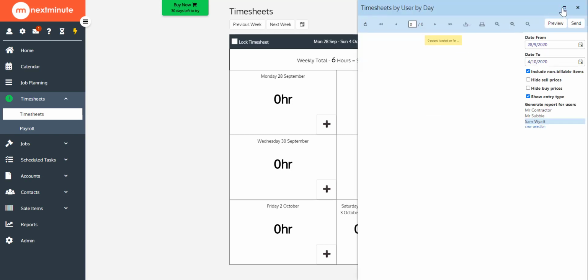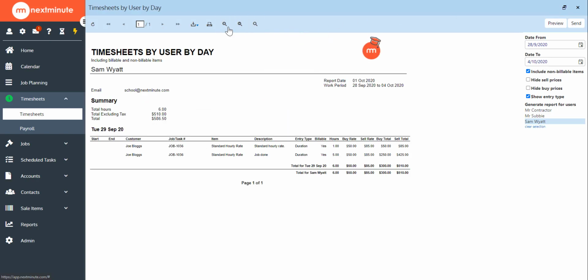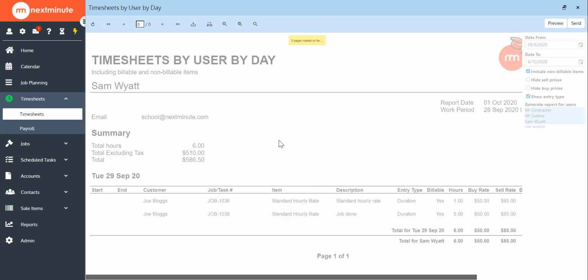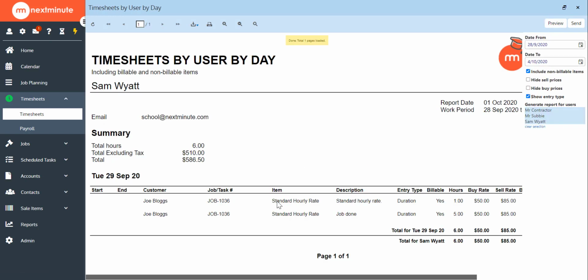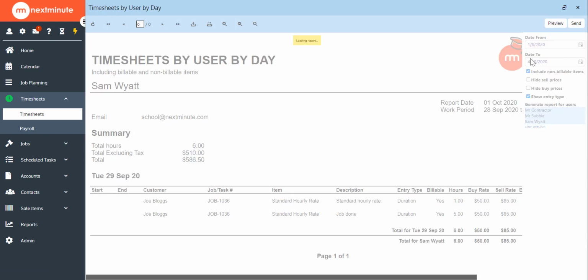Helps to maximize the view, just click here. You can zoom in a bit. And here's the report. So if you select multiple staff members on the right hand side, when you click preview, it regenerates that report for whatever date range you might have. So I've still got the single page because I've just got a very short date range, and if I'll give this a couple of months to look at. Preview that again,